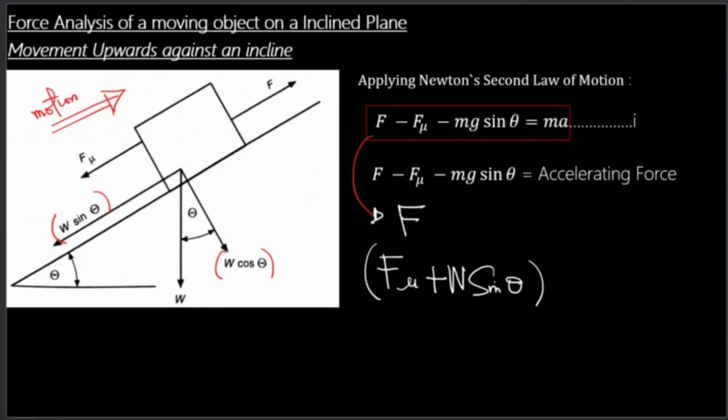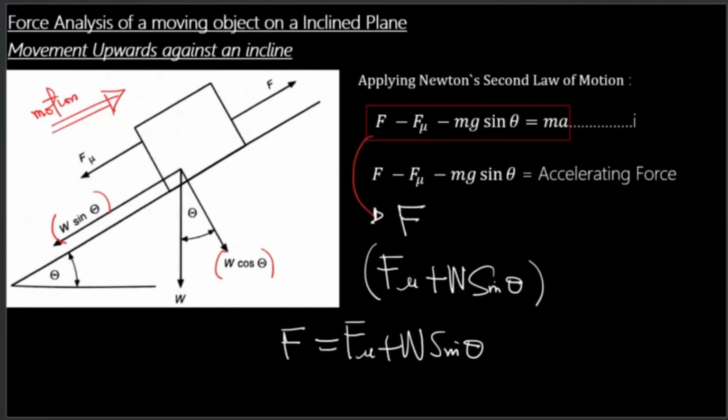So if I want to do a force analysis here, for the upward movement, I will say that F is going to be equal to the frictional force plus W